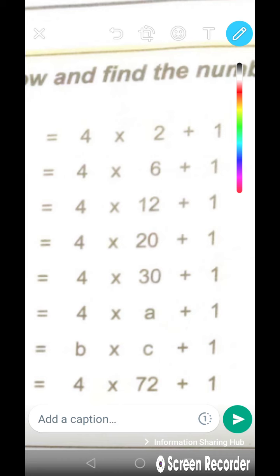If I add 4 here, I get 6. Okay, then the next number I add, the next number after 4 is, look at it,